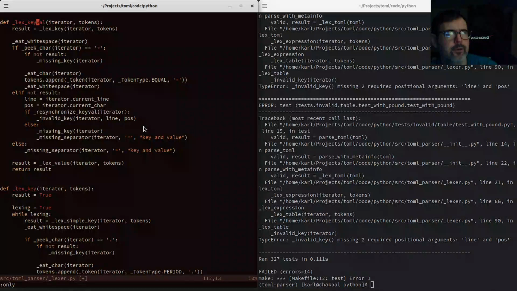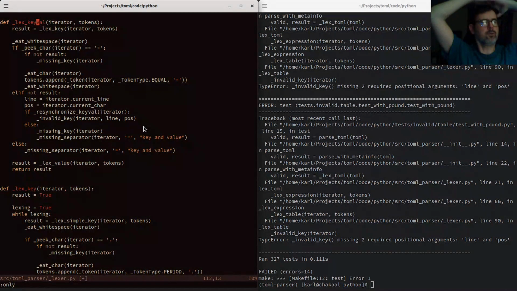I kind of feel like I want to do the same thing that I did with... so right, we got to a non-key character. We eat that white space. So